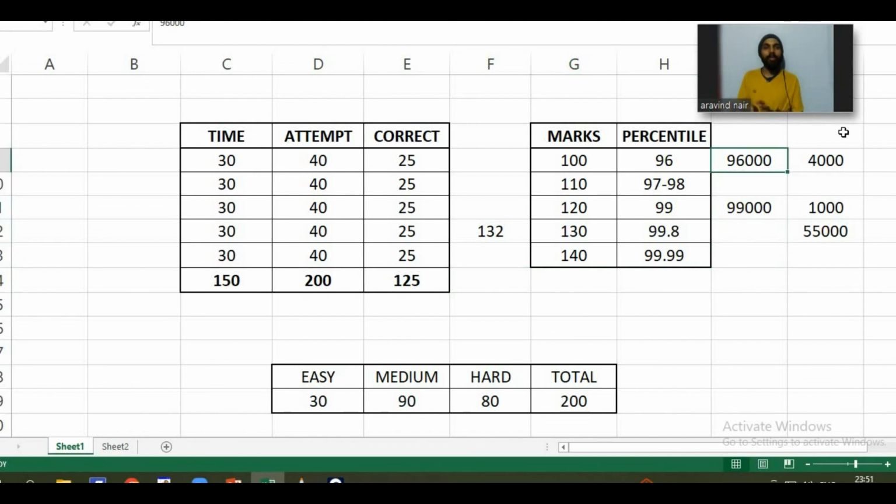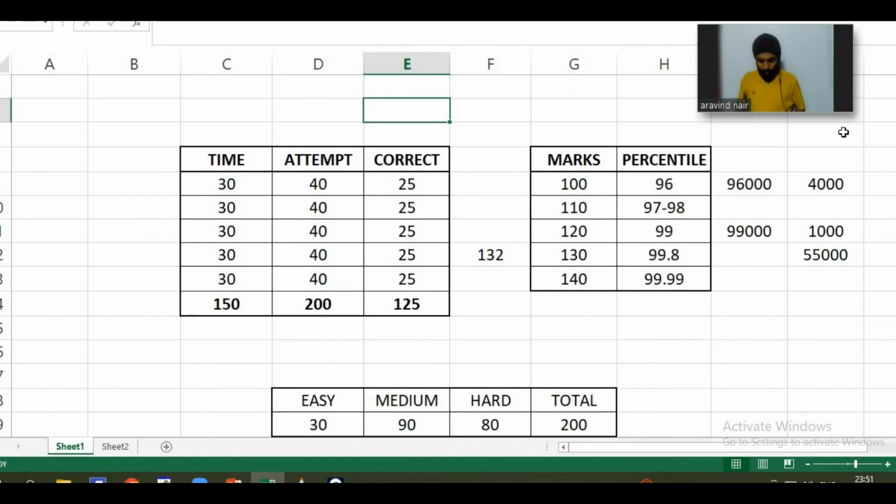That's the thing about MBA CET. What you have to give is your 100%. What does it mean? It means 50% plus 50%. Okay, so it's a simple calculation. 50% plus 50% gives you 100%, no problem.